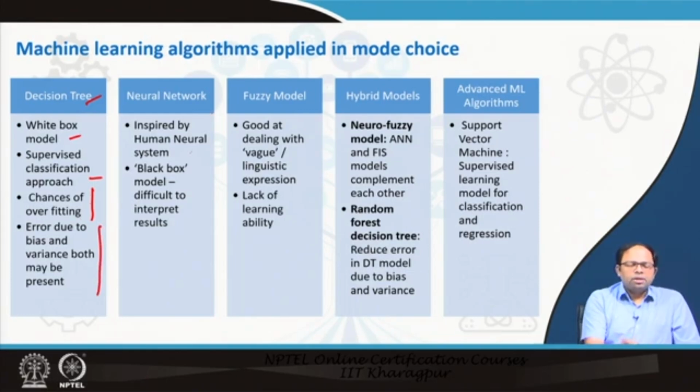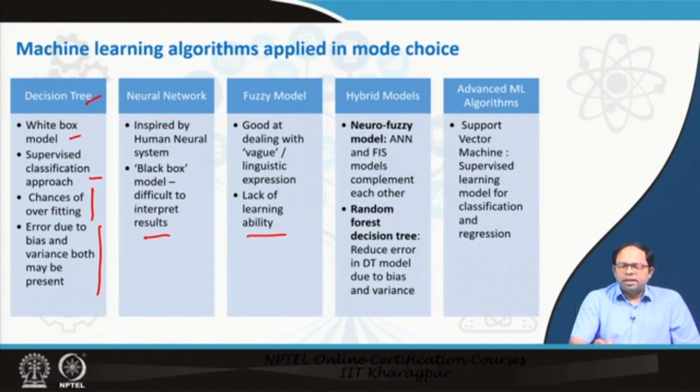Then there are neural networks, we have discussed ANN. These are black box models, difficult to interpret the results. It is very difficult to say what the steps are, how the decision has been arrived at, but again this works pretty fine when we are only concerned about the final outcome. The fuzzy model is good at dealing with vague or linguistic expressions and so on, but there is a lack of learning ability in this kind of model. And then we have hybrid models like the neuro-fuzzy model, where ANN and fuzzy techniques are integrated and